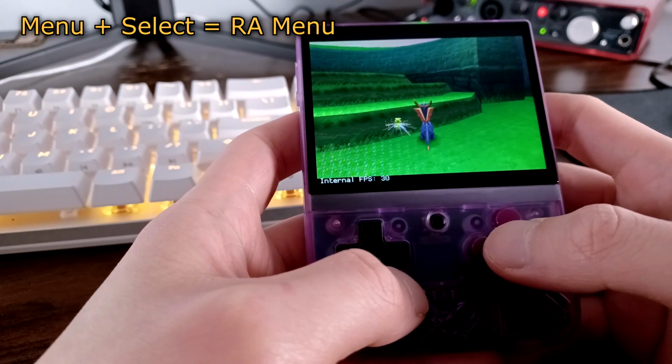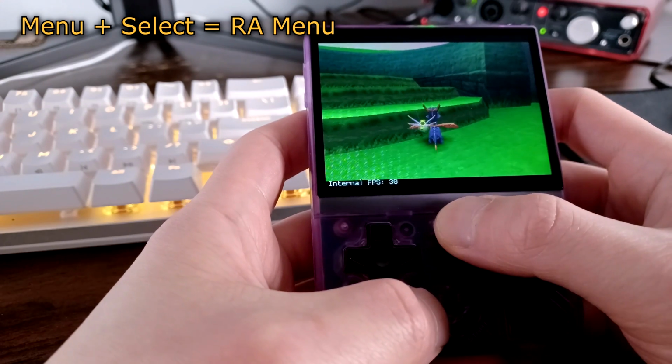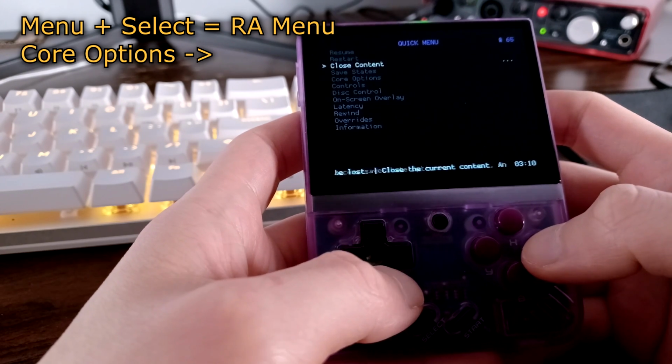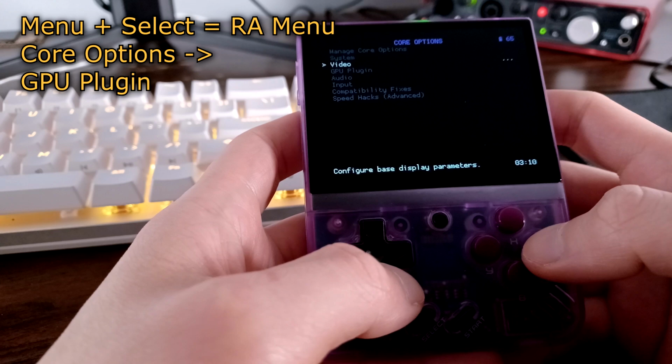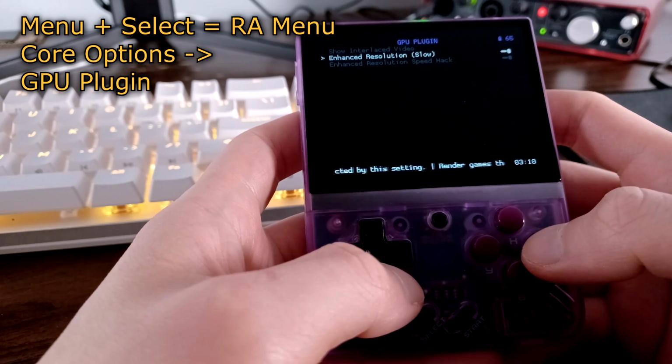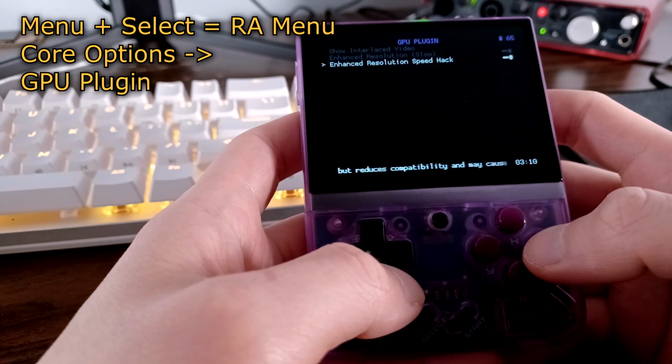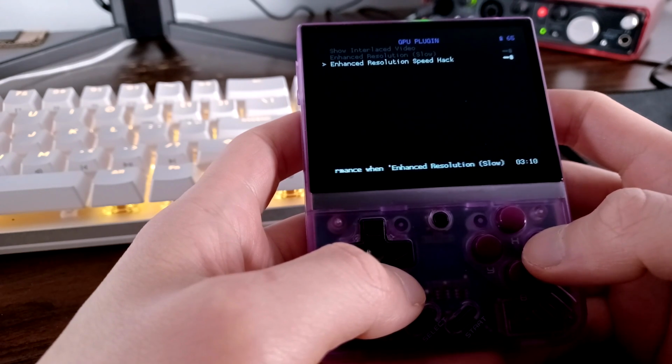If you want to turn on enhanced resolution, press Menu and select to bring up the RetroArch menu. Go to Core Options, and then GPU Plugin, and then enable Enhanced Resolution Slow, which will increase the resolution, and then Enhanced Resolution Speed Hack, which will let the game run faster at those enhanced resolutions. Sometimes the speed hack will make games run worse, so this is one of those things you'll have to fine-tune